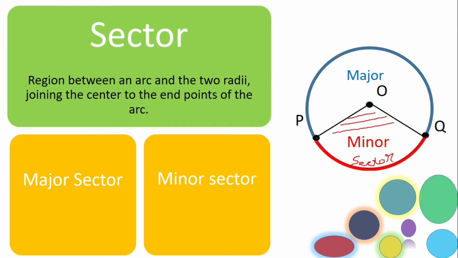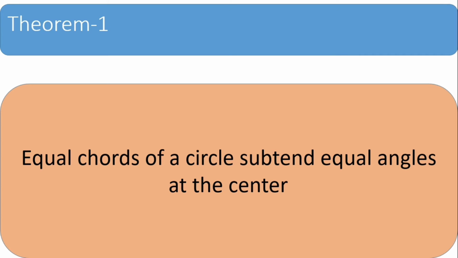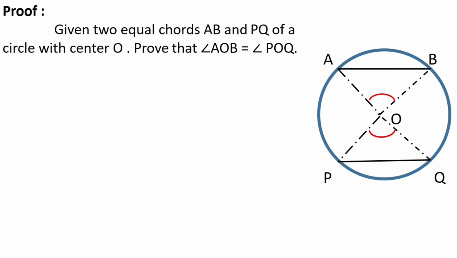Students, now I will make you understand some of the theorems based on chord of a circle. So the first theorem says equal chords of a circle subtend equal angles at the center. So what is given to us is that we have two chords of equal length. So I have constructed a circle and drawn two chords of equal length. So I have marked the two chords as AB and PQ. And what we need to prove is that angle AOB is equal to angle